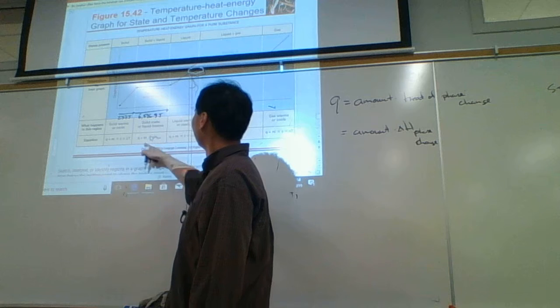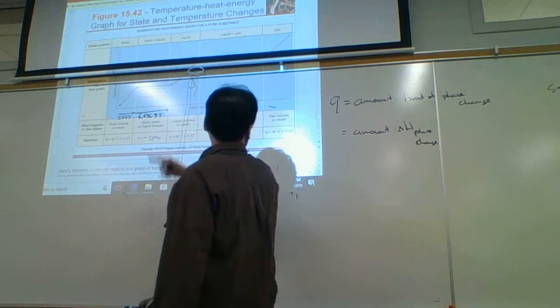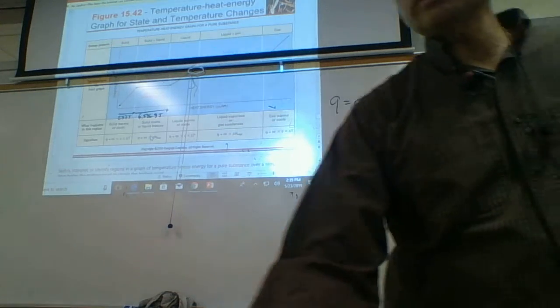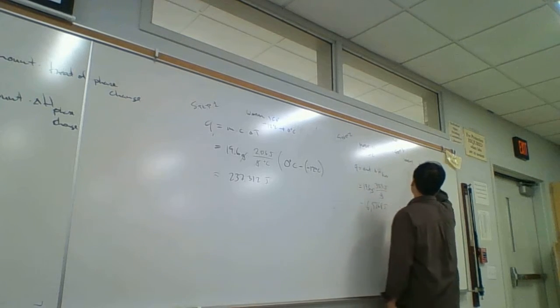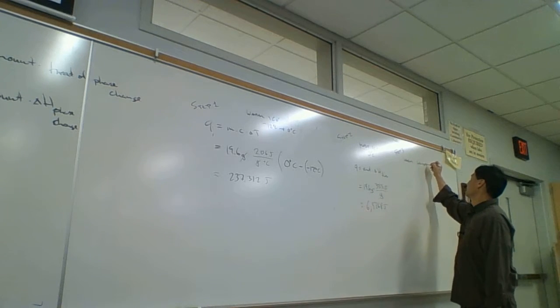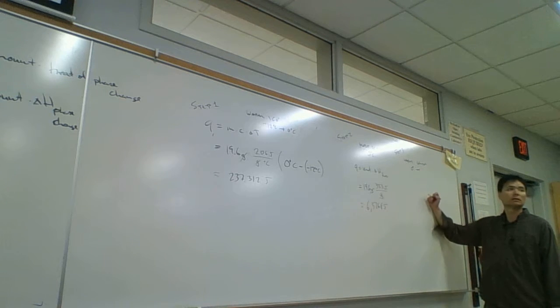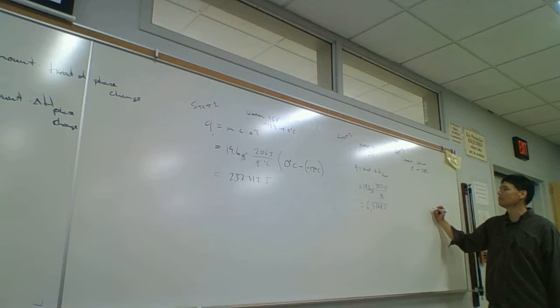Step two, step three. Step three is now all the ice is melted, and so we're left with liquid water. And so once we've melted all the ice, then step three is to warm the water. Now, the starting temperature of the water is going to be 0 degrees C. And so we're going to go from 0 degrees C. What's the maximum temperature I can get for water? 100 degrees C. So we're going to warm the water from 0 degrees C to 100 degrees C.